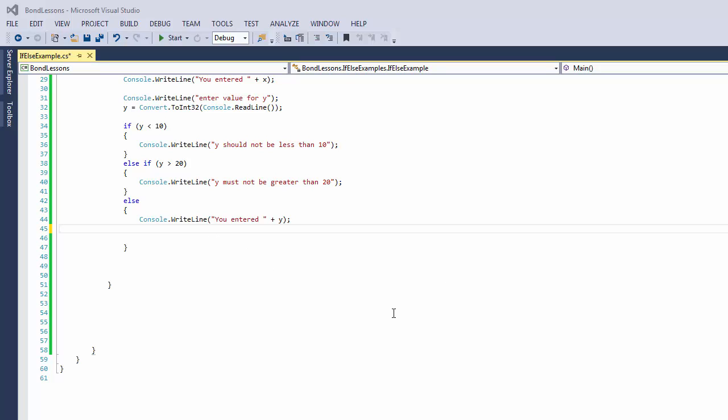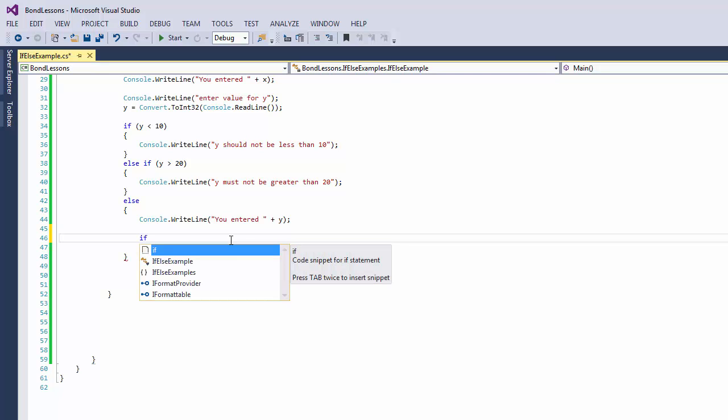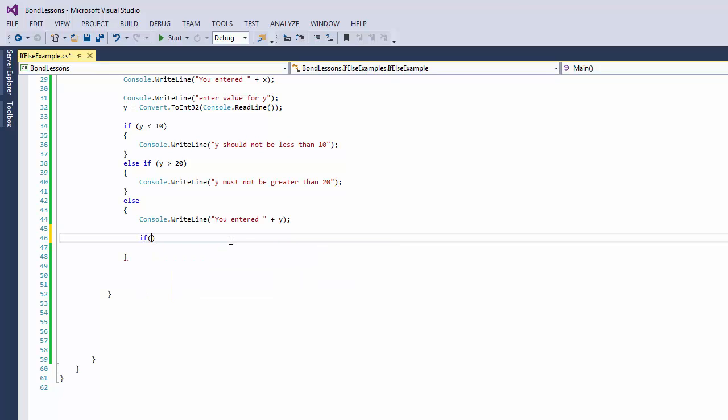Again, we're going to do a little bit more nesting, and this time right within the else for Y, because we've just checked to make sure that Y is displayed right after meeting all the conditions for X and Y. So I can come right here and do if X is greater than Y, for example,